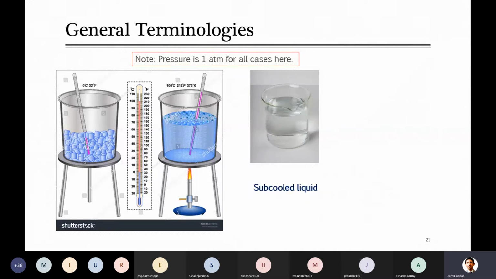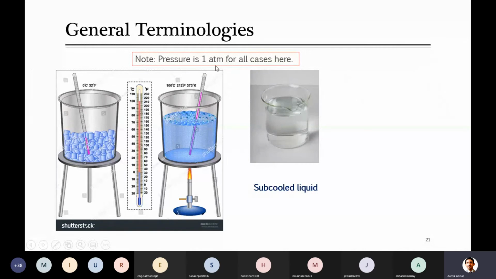Tell me, is it subcooled or not? What about 99? At least tell me something, please speak. Subcooled? Yes, 99 and even 80. Yes, good. It will be subcooled at any temperature below 100, like even if it is 99.5 or 99.9, below 100, and if it is 1 atm, because you know that it boils at 100 when there is a pressure of 1 atm.